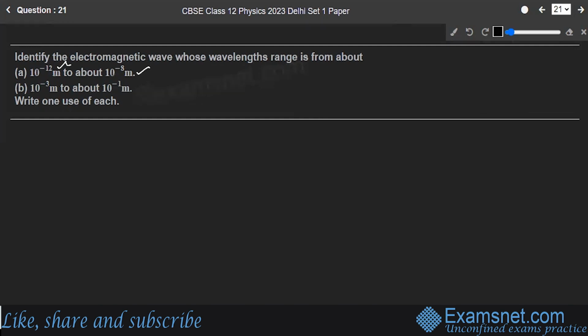Electromagnetic waves of wavelength given by this range are known as X-rays. They are used as a diagnostic tool in medicine,